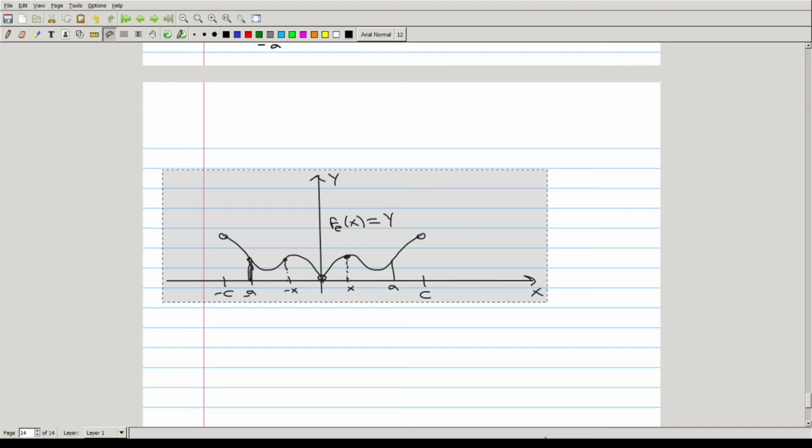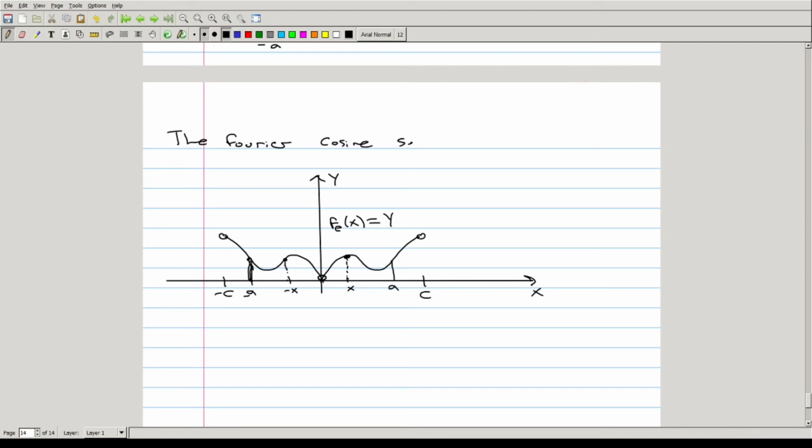So we say that the Fourier cosine series is the Fourier series of the even extension to the function f of x on the interval from 0 to c,